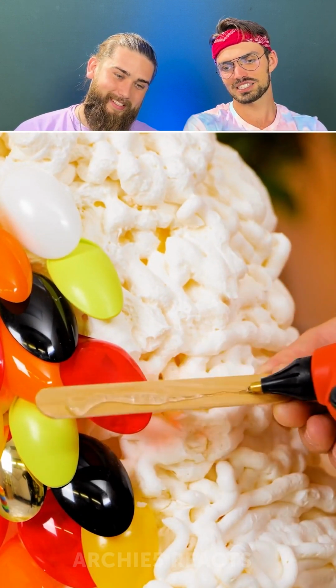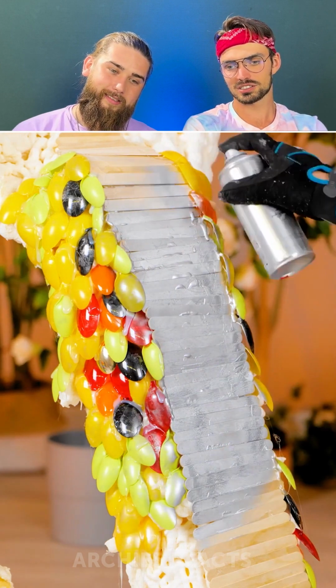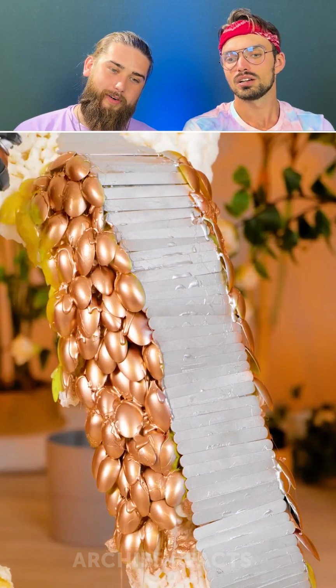Okay, so we have some nice scales with spoons. Nice. Okay, it's an interesting decision. It is an interesting decision. I kind of like it. What is this bridge for? Ooh. I mean, it looks like